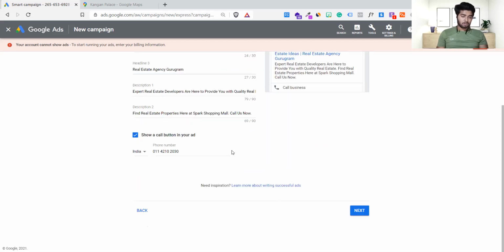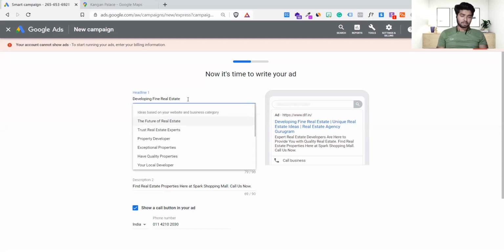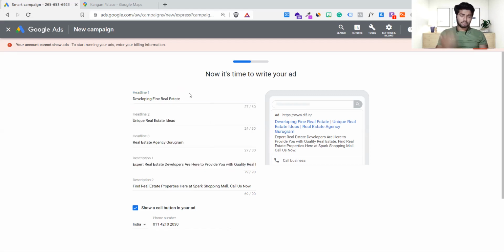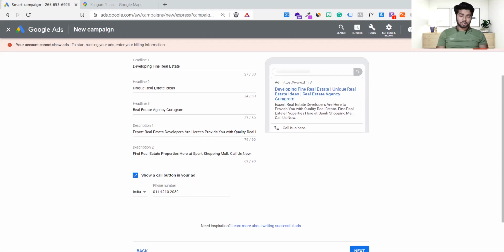They also fetch all the information like headlines for your website, like developing fine real estate, property developer. Although I have gone through this shopping mall thing, this was a builder's website, so they have fetched the headlines. Just for an example, let's read the headlines: Developing fine real estate, unique real estate ideas, real estate agency Gurugram, expert real estate developers.